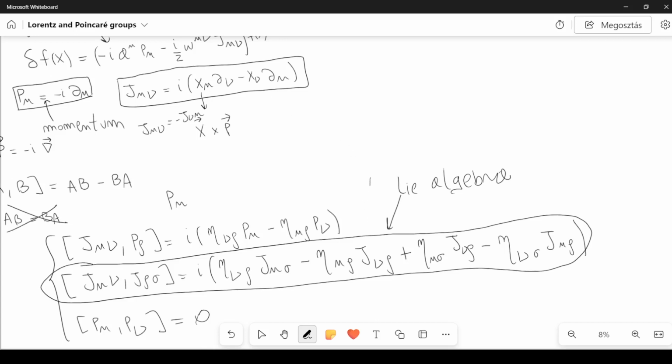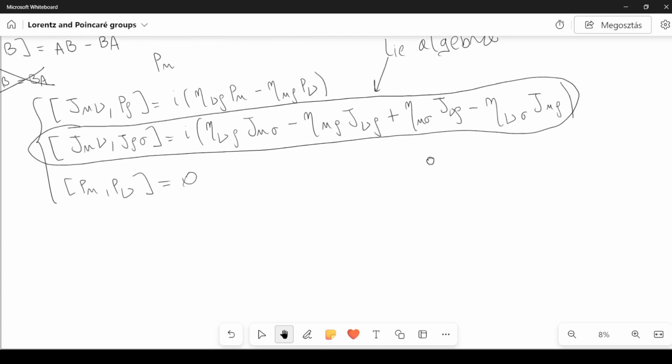But if it satisfies the Lorentz algebra, it is still a description of the Lorentz group. And now let me try to conclude this video by showing you exactly this part, because I think that this is actually very important. Intuitively speaking, it is still mathematical, but I try to convey the intuition behind this concept, which is very important in physics as well.